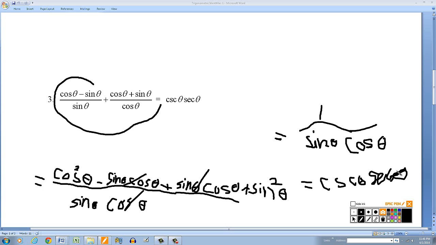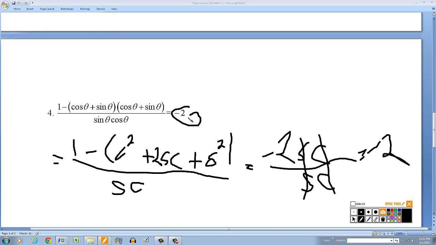Okay. So again, I apologize for the writing here. I'm not used to writing with the mouse this way. But anyway, 1 over sine times 1 over cosine becomes cosecant of theta, secant of theta, which is, of course, what we're trying to get. Okay. Hope you understood that. I just started using this little writing toy, so I have to practice on it before I can get it down pat. But anyway, this is the verification of identities, and again, I urge you to learn those basic identities,